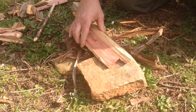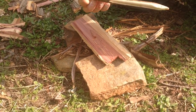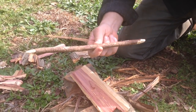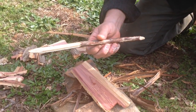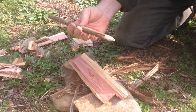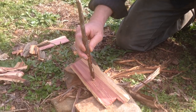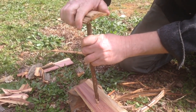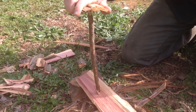We're going to have the fireboard on top of that with our, I don't know what to call this, but I wanted it to be hard but dry, so I got a pine branch off of a standing pine and just whittled the ends. So we're going to get that in there. We're going to try to have this on top as a pivot and see how that works. Get our bow on there